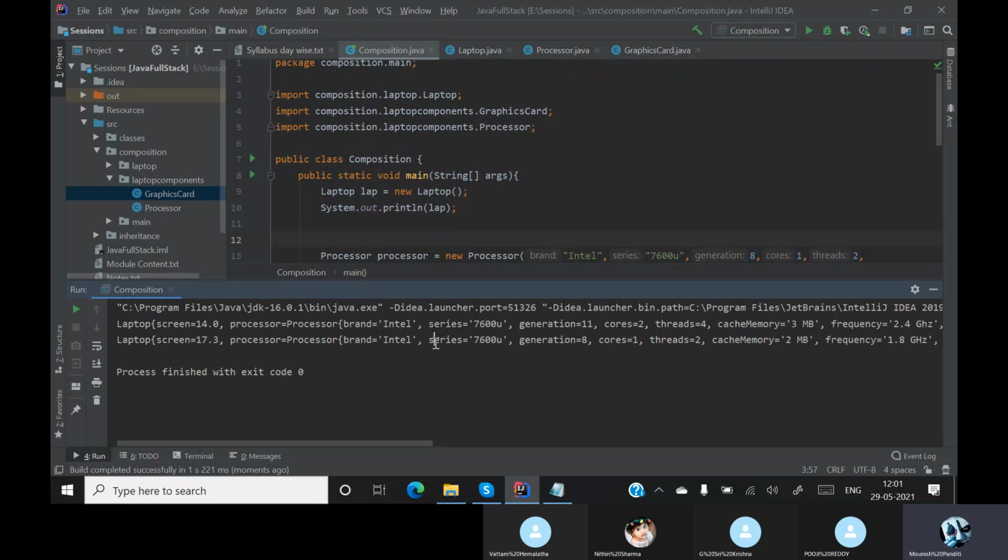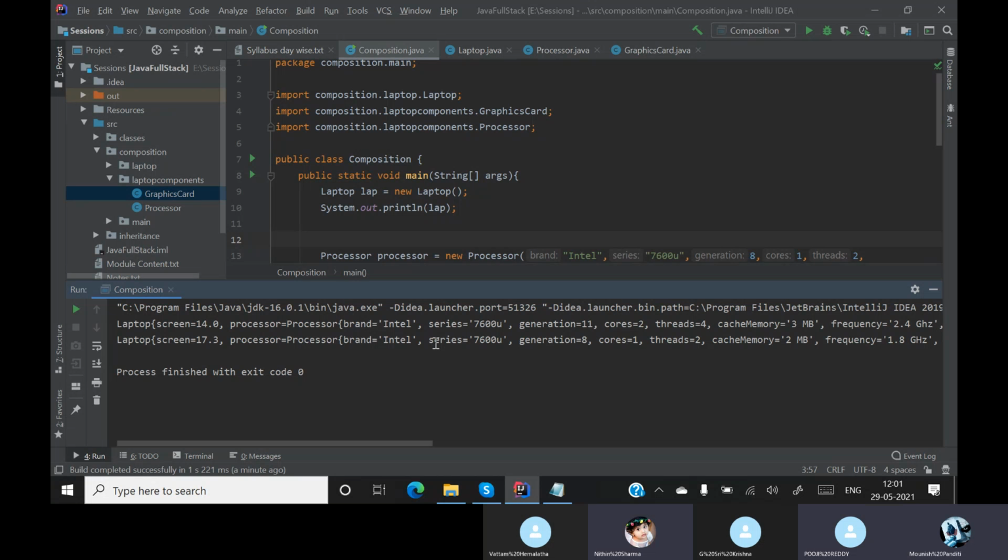Understood? Yes, sir. When we work on the is-a relationship, if you have done yesterday's complete program and my exercise program also, then you must have understood by now how the is-a relationship works. That means our inheritance is working. Now this is how our has-a relationship will work. Understood?